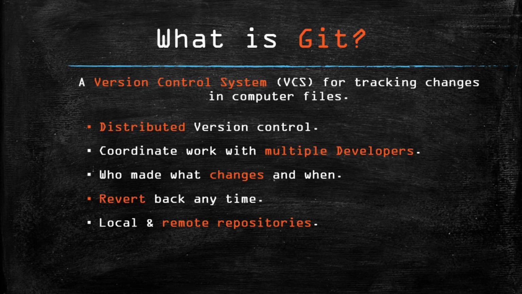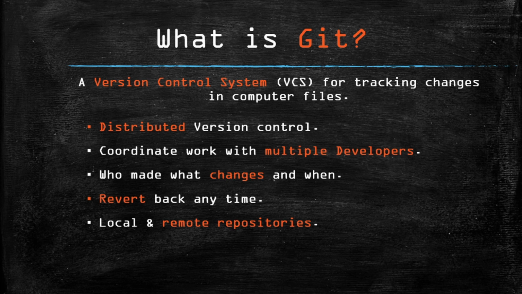You can also revert back to a specific version of any file at any time as long as it is committed to the repository. Usually when you use Git, you'll have a repository on your local machine that you work on, or make changes, and then you upload it or push it to the remote repository. Something like GitHub or Bitbucket. GitLab is also a different type of remote repository, and then you can push your local repository to the remote one. You don't need any internet connection to work with the repository locally, and you can make changes, but if you want to push it to the remote repository, you will need an internet connection.